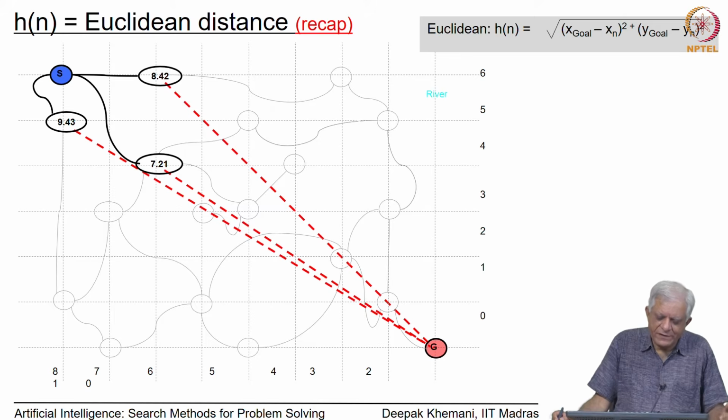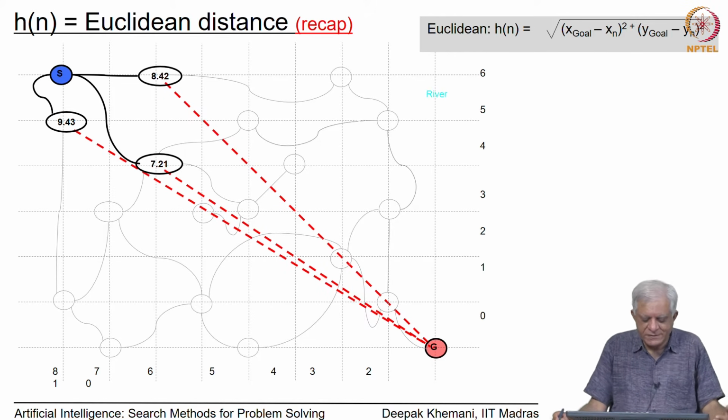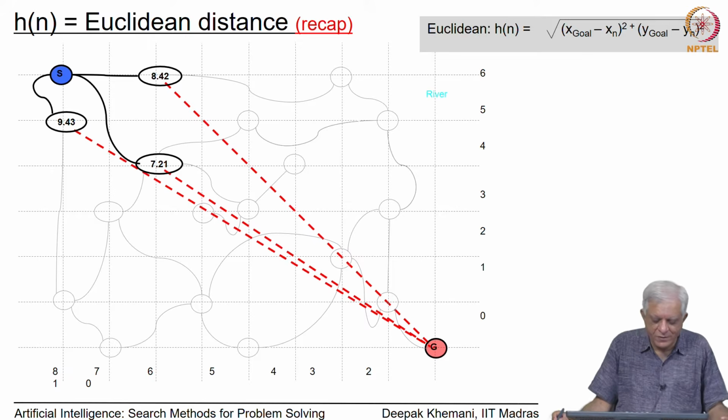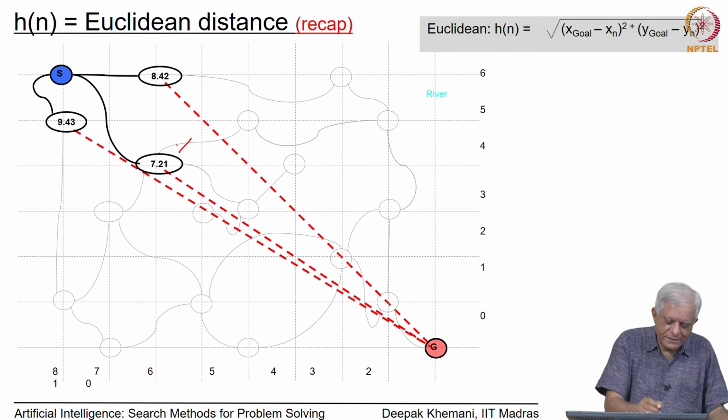Remember that we had looked at some heuristic functions already in this domain, which is, let us say, the route finding domain. One estimate of distance is the Euclidean distance, which is the straight line distance, or the distance as the crow flies, and you can see that for one particular blue node and its 3 successors which are drawn in bold here, the heuristic distances are 7.21, 8.42 and 9.43, and best first search algorithm would presumably have this node to